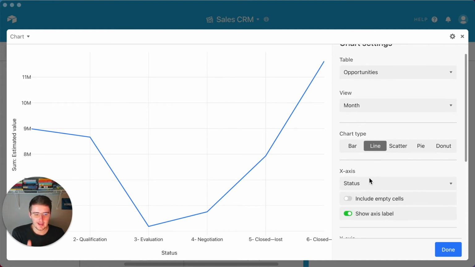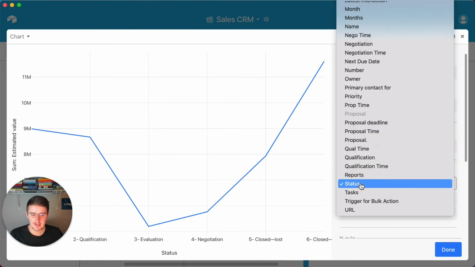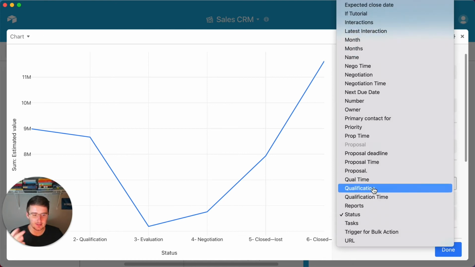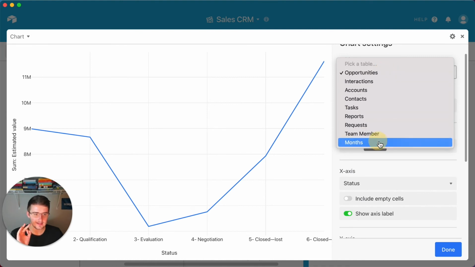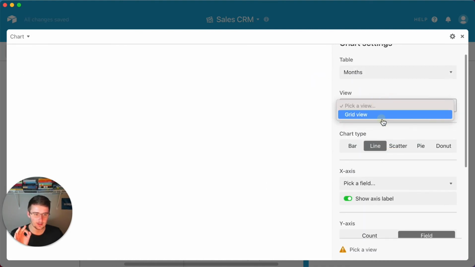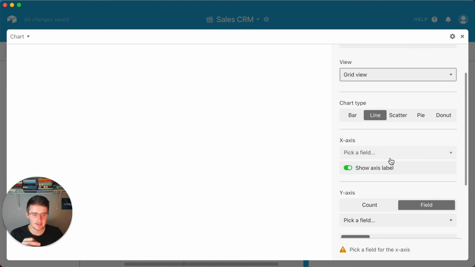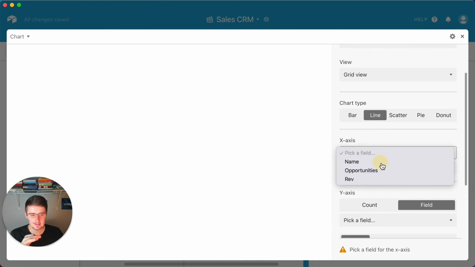So for the X value that is down here, I always remember Y, because Y is very long. So this is the Y axis. So that's how you do that. But now if we go to the line chart, we can see the x-axis is always the one on the bottom, and we can change the x-axis to, instead of status, we're actually going to have to change the table first. So if we change the table to months, what we can do is we can just pick the normal grid view, line chart, x-axis is the name,